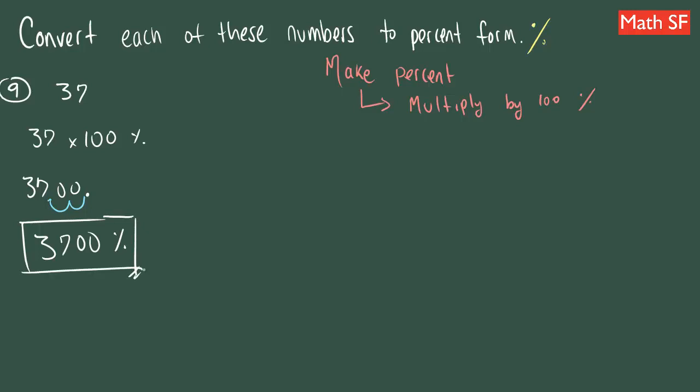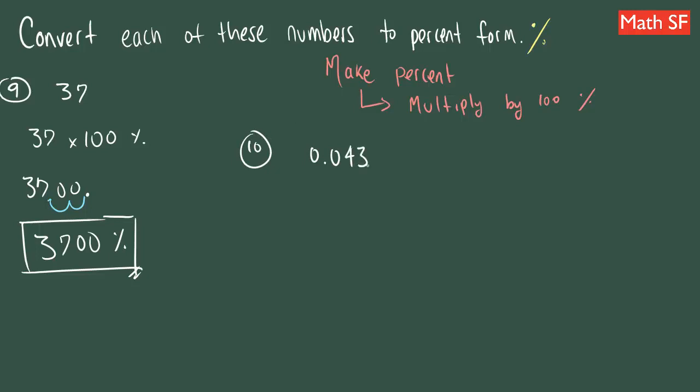Now you might ask me, well, why don't I give this with a decimal? Well, it was not necessary to give it a decimal. Then why don't I give this with a fraction? Well, you can see 37 times 100 is not a fraction. But in such case, for example, number 10, that they're giving you